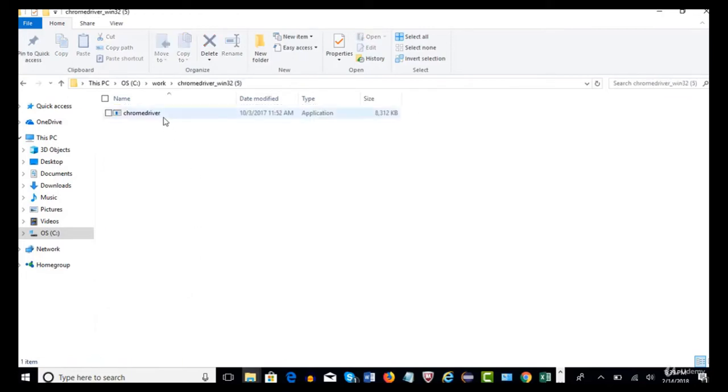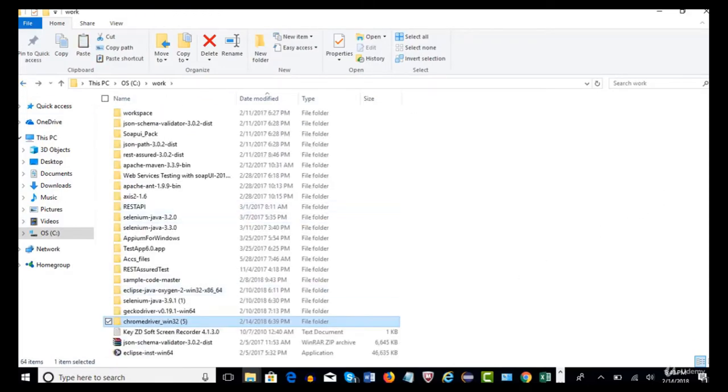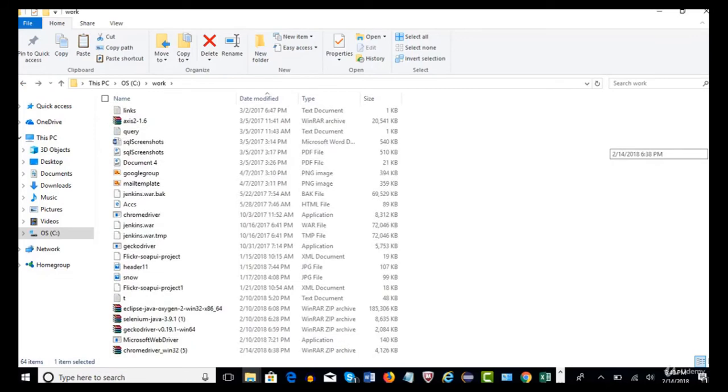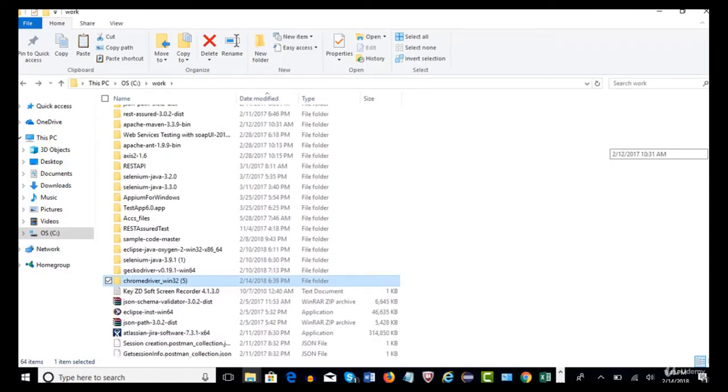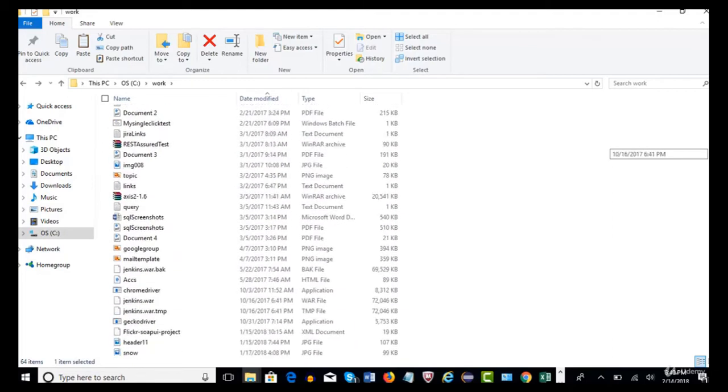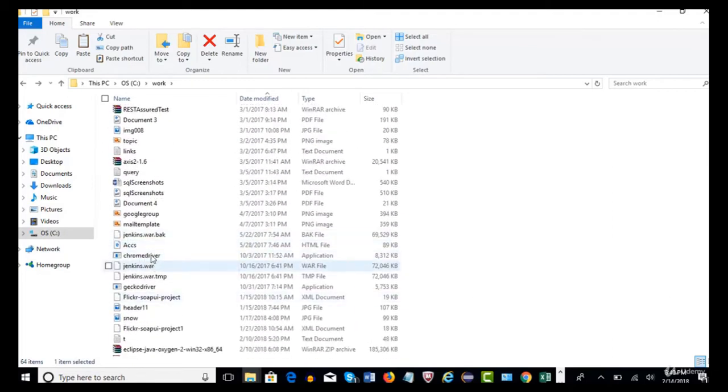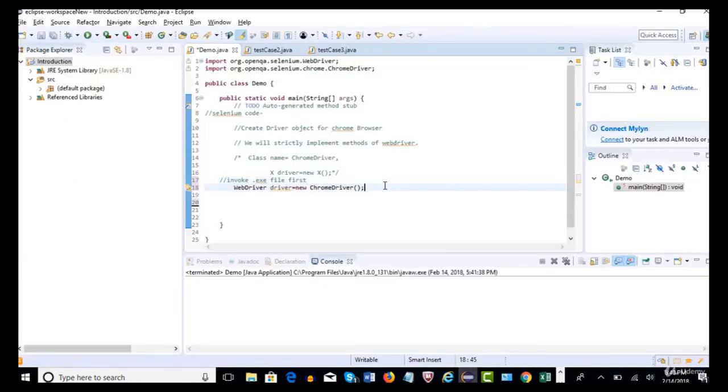Go inside this and copy this chromedriver.exe file. This is the file which we need. Okay, take this file and place it anywhere in the C drive or documents. Okay, it's up to you. Extract this file alone, okay, and place it somewhere. I placed it in my work directory, which is available somewhere here, chromedriver, right? It should be here. Yeah, so like this, first extract it, and then let's come back to our Eclipse. Okay, so we know where our .exe file is.